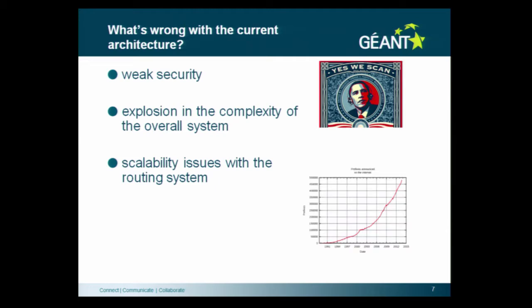So this is a very famous picture of the number of BGP entries, which isn't scaling linearly but exponentially. So the system is really too complex for what it should be doing. If you have a linear number of addresses, you should have a linear progression in the complexity of the system. There's no QoS. A lot of things wrong.